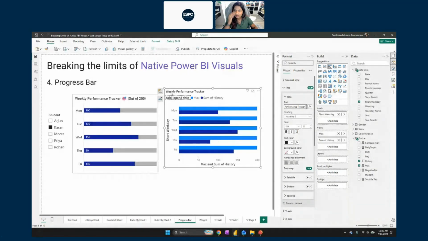Quick tip for all of you. You see how I have an emoji inside my title. How do you add emojis? One, search them on Google, copy it from there, paste it here.